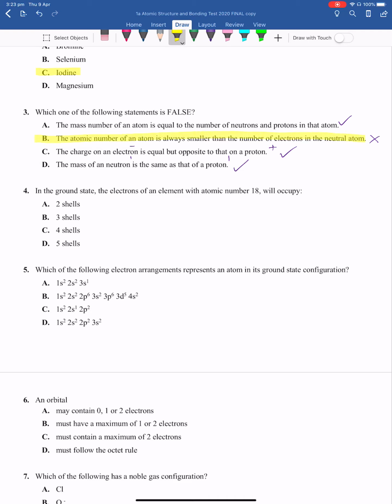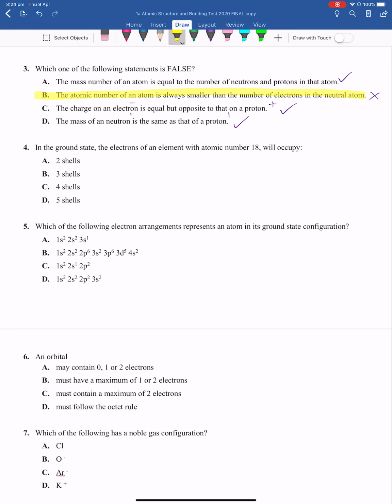Question number 4, 96%. If you had the atomic number 18, you should be, and sorry, I don't have my periodic table, I'm just going to get that up on my screen. You should be argon, I'm pretty sure, and it should be 3 shells. Okay, let me just get the periodic table up, so that I've got it for future questions. Yep, so atomic number of 18 was argon, so that one's there,